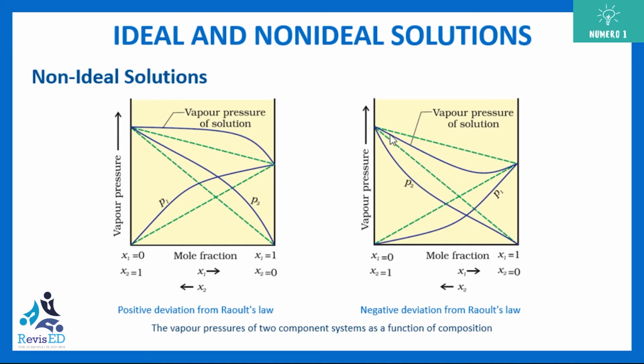And this here is again predicted by Raoult's law, and by experimentation we see this violet curve, which is actually lower vapor pressure. So this is a negative deviation from Raoult's law. Okay, so please understand both of these graphs. In general, the questions are asked based on positive and negative deviation, not numericals. Okay, now